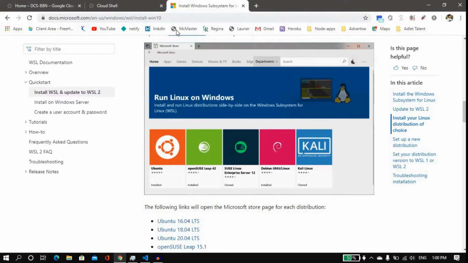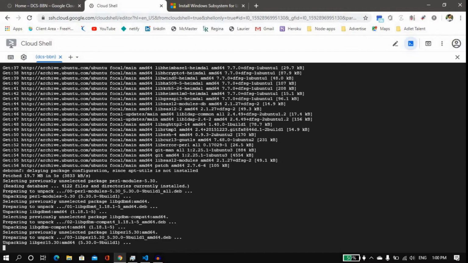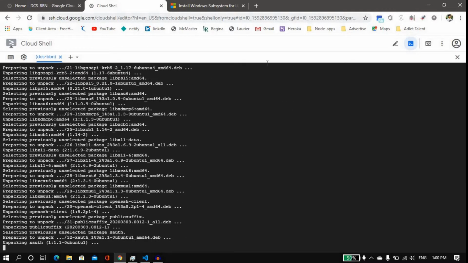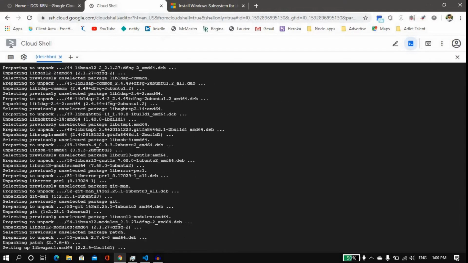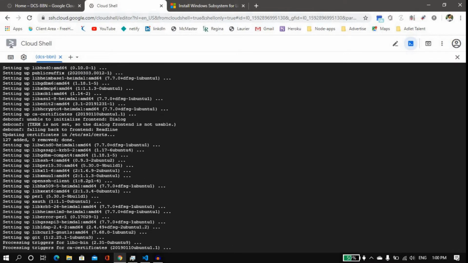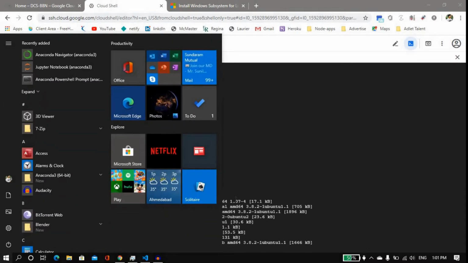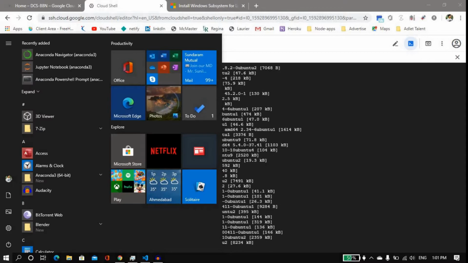Okay, so either you can go with WSL or you could go with Google Cloud. This will also be beneficial for further updates and all of that. So I guess the Docker part is completed. Just give it a minute, it will download everything. Okay, so let's bump up another thing.